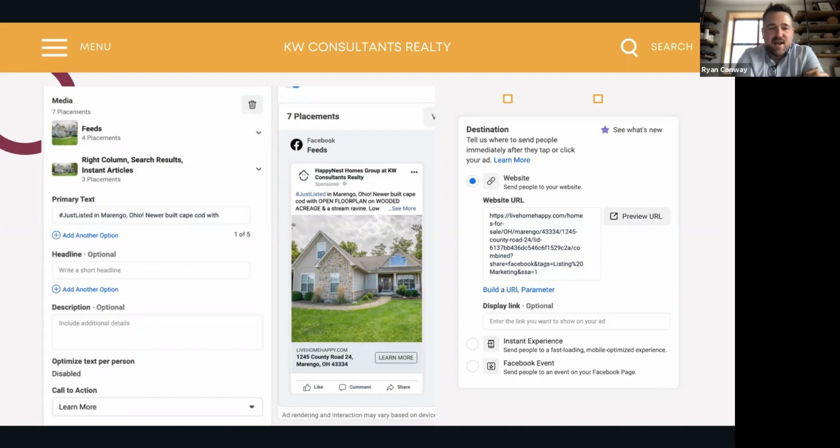And then I can change the call to action. There are a bunch of different ones on there, like download now, and I think even sending a message through Messenger. I tend to just leave it as learn more, which is the default. And then lastly, it's talking about the destination. There are different schools of thought about what you should be using on here.